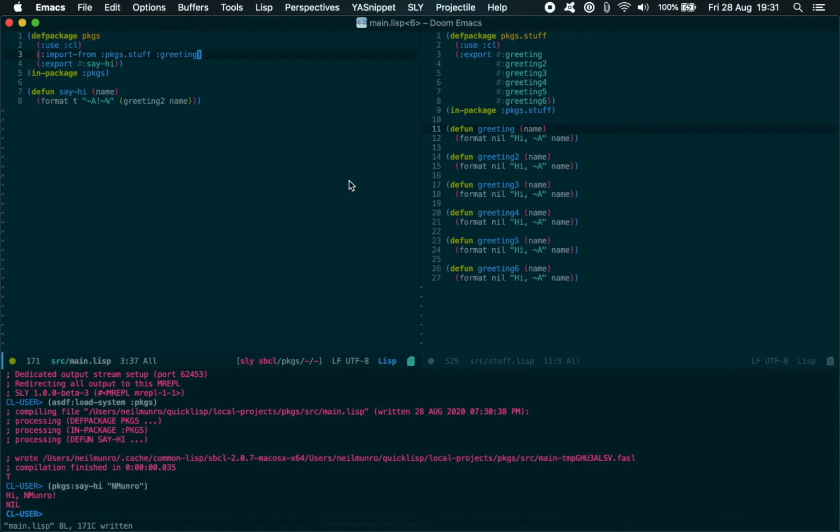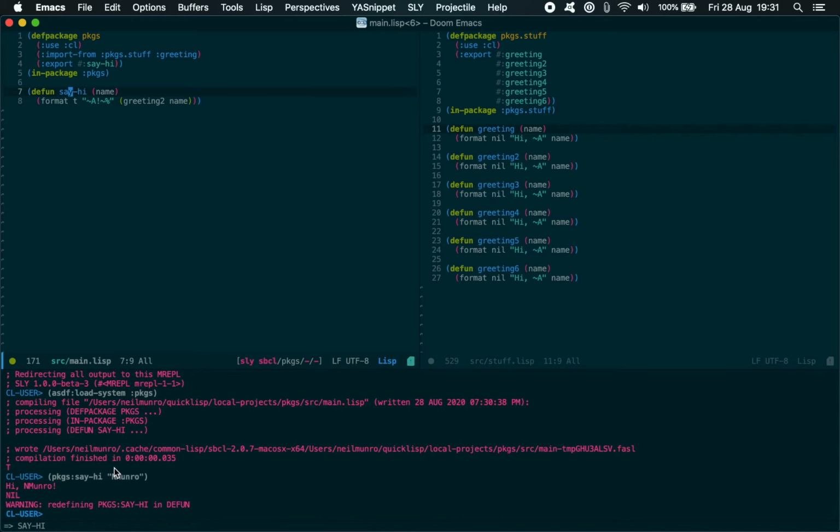So I appreciate that that is kind of a very quick whirlwind tour of what packages are doing, and this is how we can utilize symbols inside packages without jumping in and out of them all the time. Because when your interpreter starts up, it starts up in the CL user package. And when we evaluate things, even if we've got this code here, if we evaluate this normally, we now have